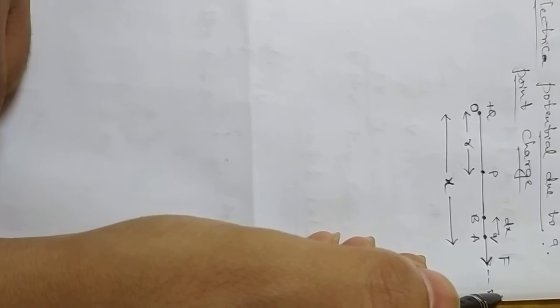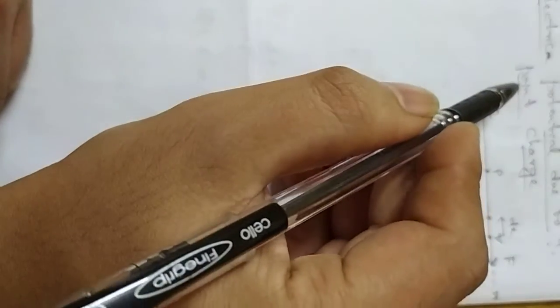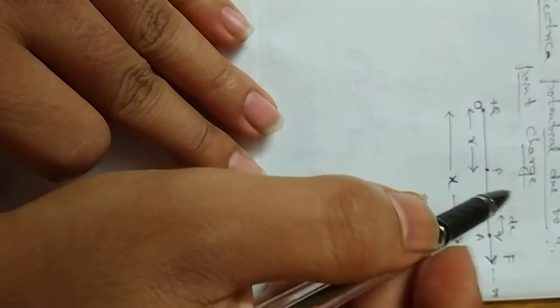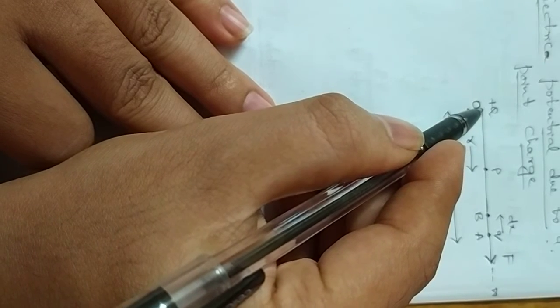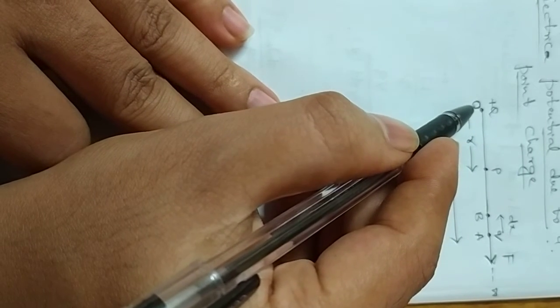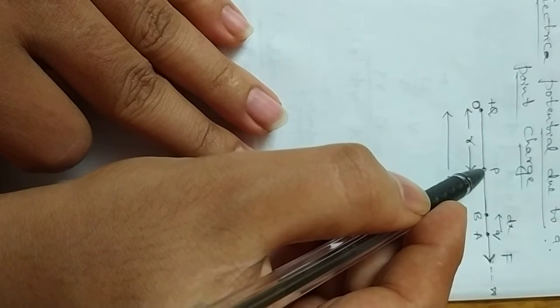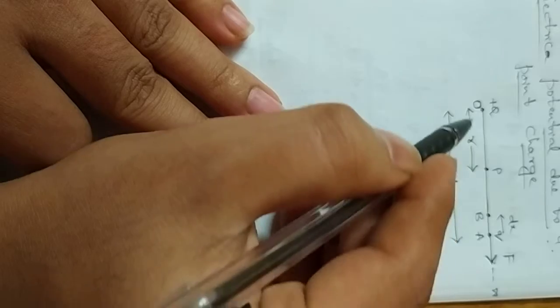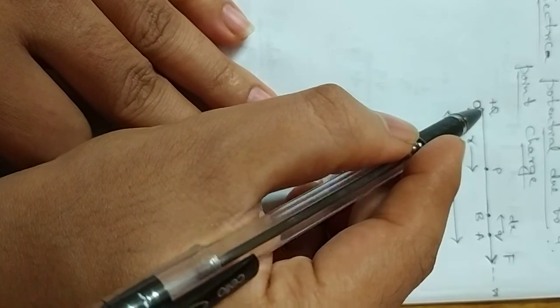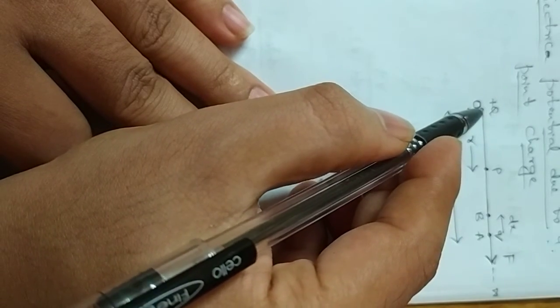Okay, students, this derivation regarding the electric potential due to a point charge. Okay, so coming to this derivation, as you know, the point Q is a source charge, which we have placed at the origin O, and P is a point where we need to find the electric potential, which is situated at a distance r from the center O, or the origin O, we call.